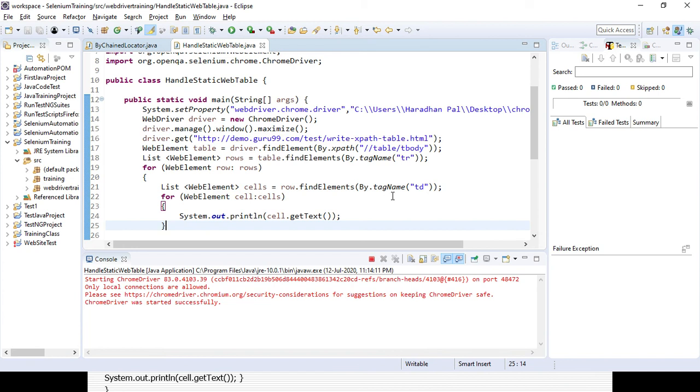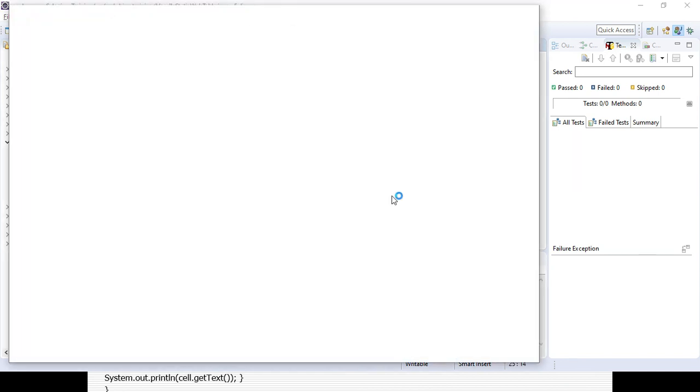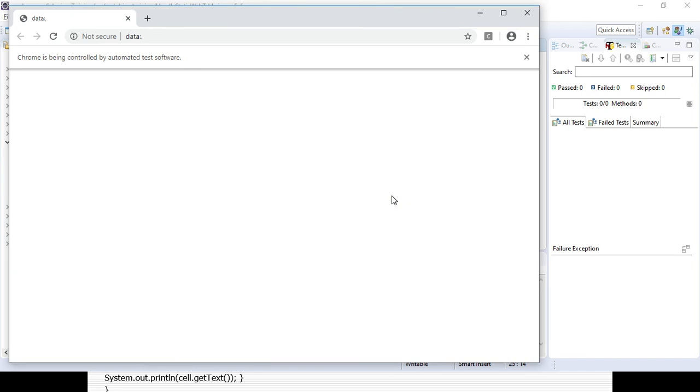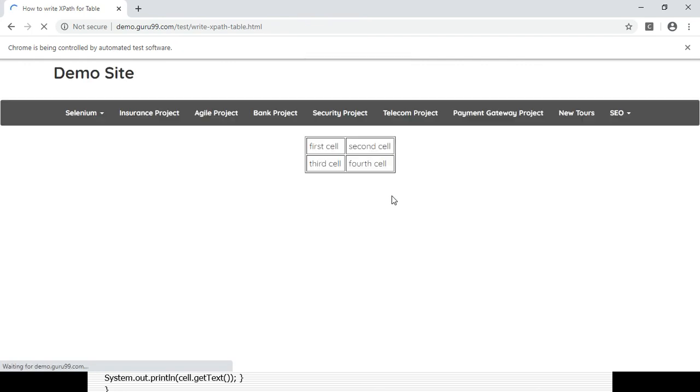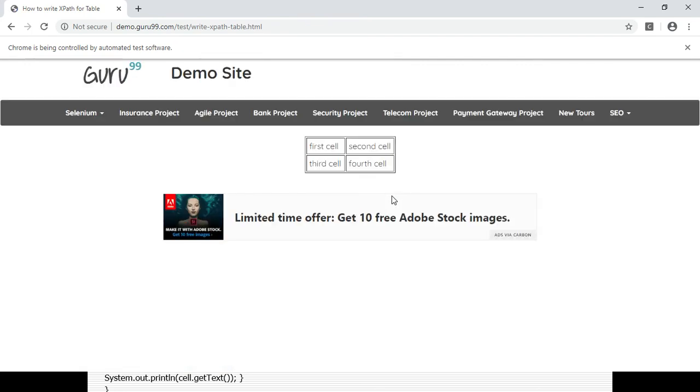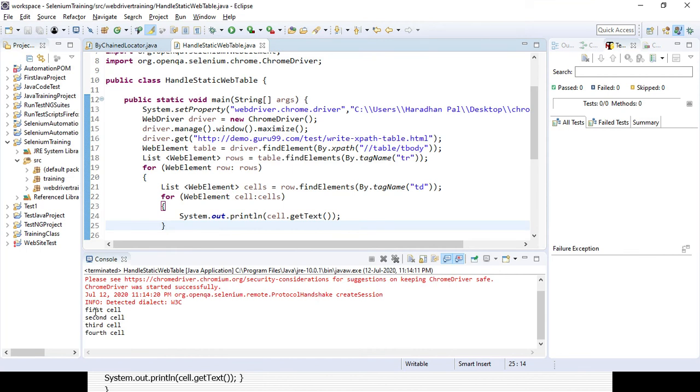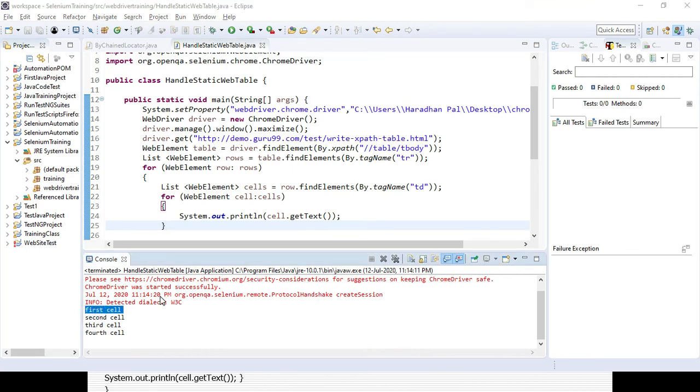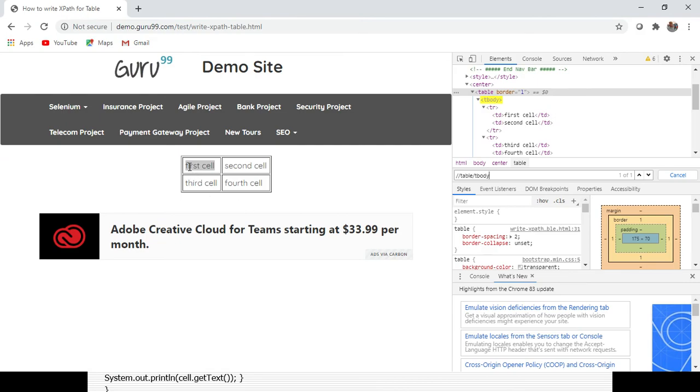Because obviously it's a two-dimensional matrix, right? You have to use two for loops, inner and outer, right? Outer is the row wise and inner is the column wise. So for every row there will be some columns. First row, first column, first row, second column, second row, first column, and second row, second column, like that. So here you can see all the values coming, right? First cell, second cell, it will be, right? Row 1, column 1, row 1, column 2, row 2, column 1, and row 2, column 2. That's why it will be displayed here.